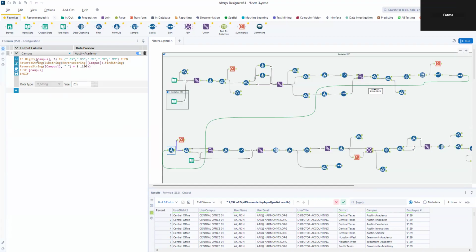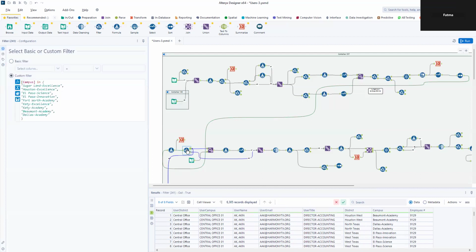If the campus starts with, if the campus name ends in ES, MS, HS, EM, MH, then it's taking the reverse string of this campus name. Okay, so it's just fixing the campus names here. And then here,